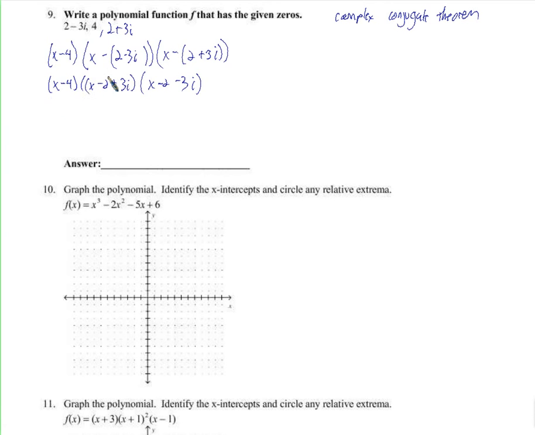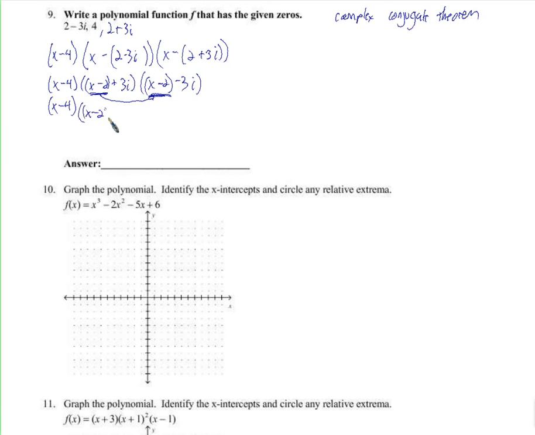I'm going to group these like this. If you didn't group them and you just multiplied it all out, everything will work out just peachy. Maybe a couple extra steps, maybe some room for errors because there's so much going on, but it will work out exactly the same as long as you don't make any mistakes. But if we group x minus 2 as a little bundle and x minus 2 as another little bundle, then we can take x minus 2 and distribute it to x minus 2, make that part easy on ourselves, get